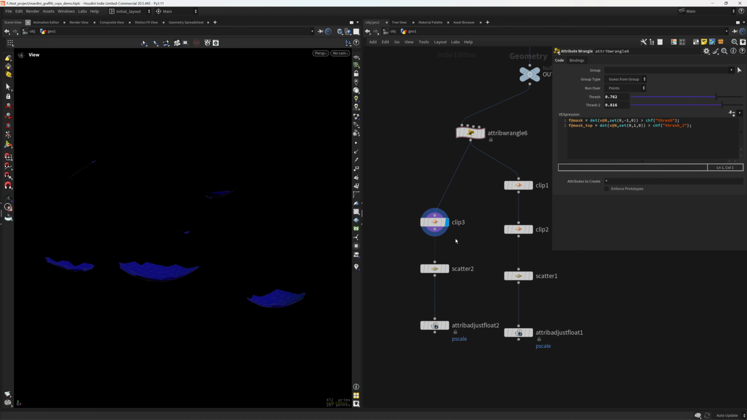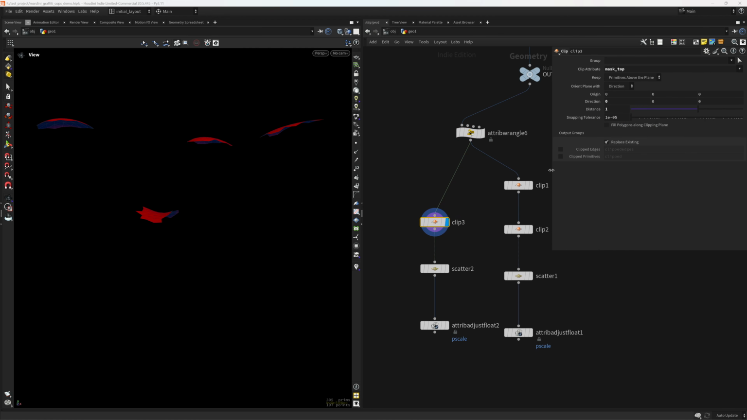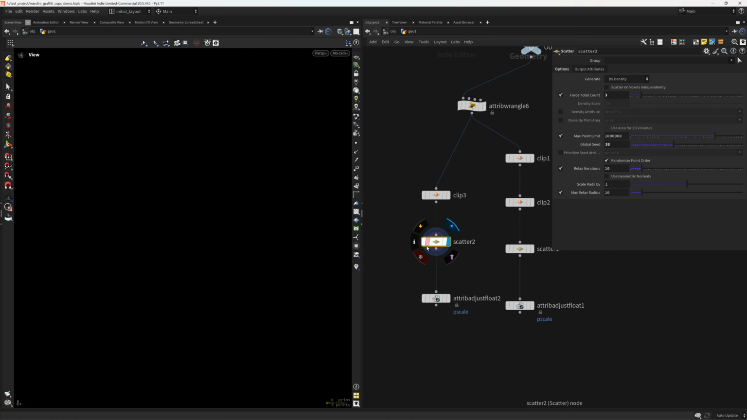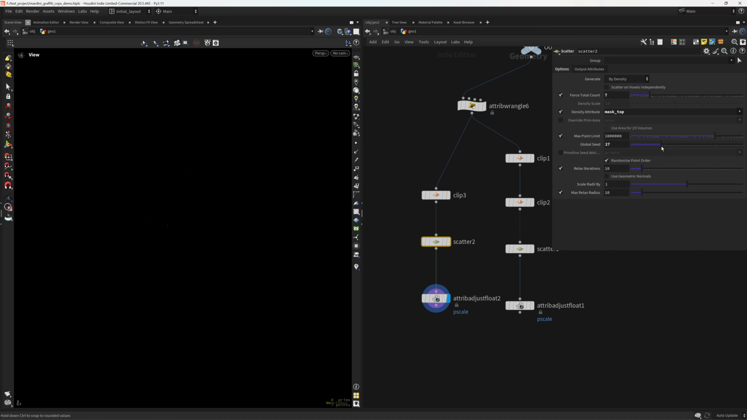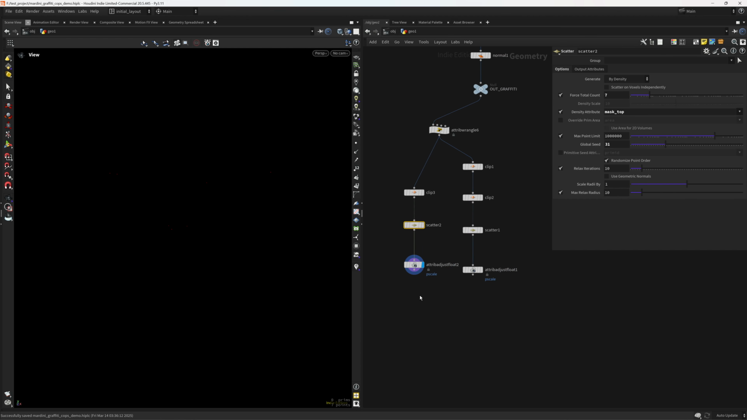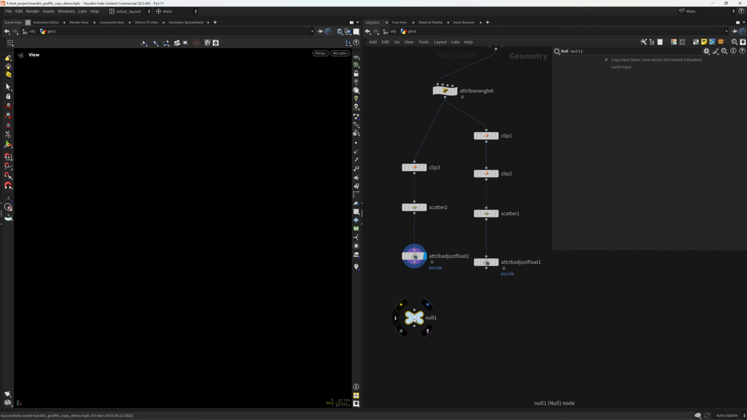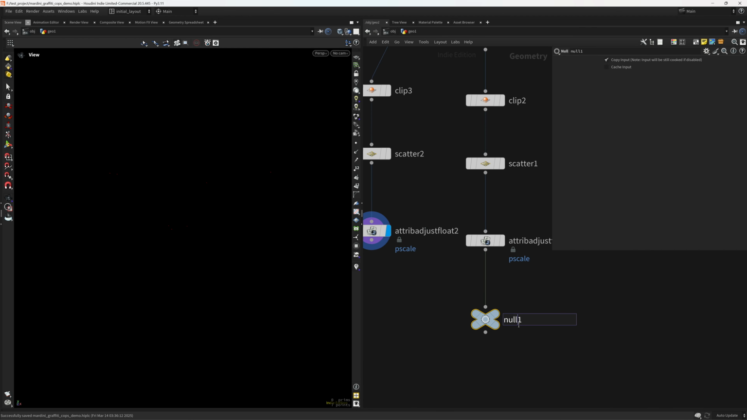So I'm gonna clip that mask top, and I'm gonna scatter, in this case, 7 points, and I'm also going to introduce the mask top, and I'm going to play with the scale in here. So just change the seed, and we can probably play with the seed. So let's keep it like that. Now create a null. Out